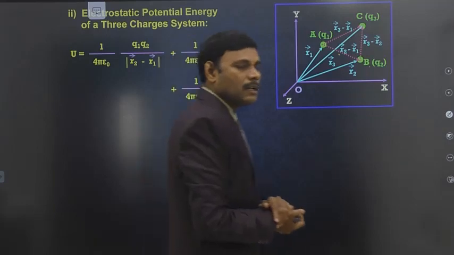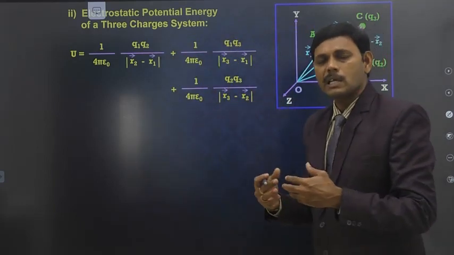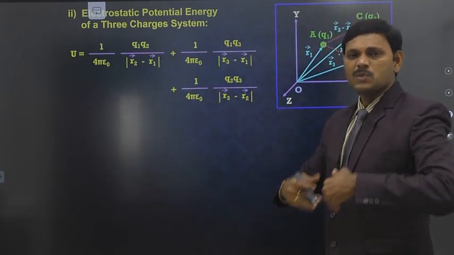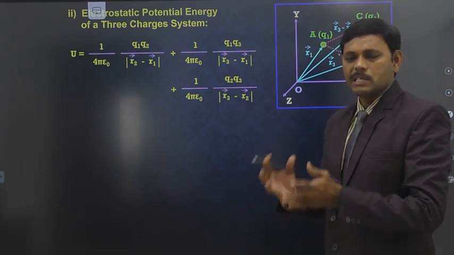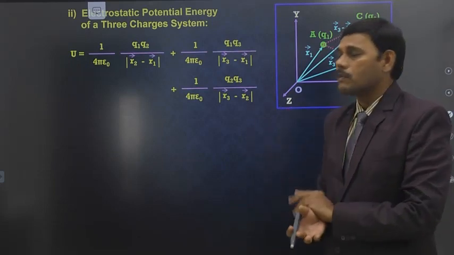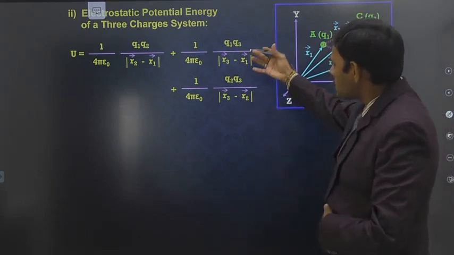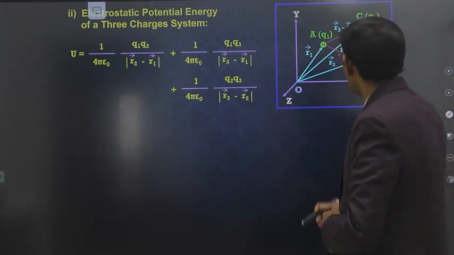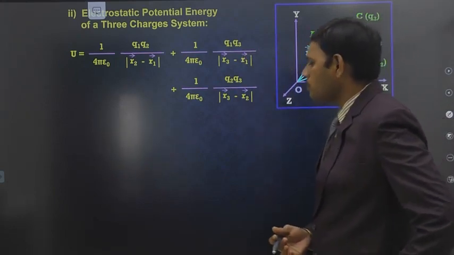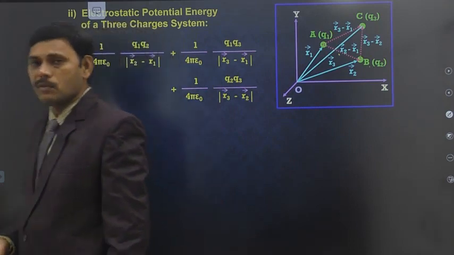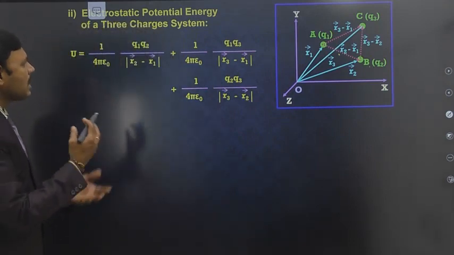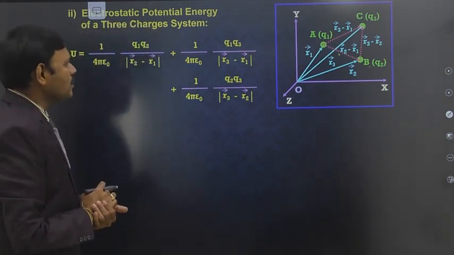So this is the way in which we are adding the potential energy of each pair of the given system. Addition of the potential energy of each pair of the given system gives the potential energy of the system. This is simply an algebraic sum of the potential energy of each pair. Out of these charges, if any one is negative, suppose